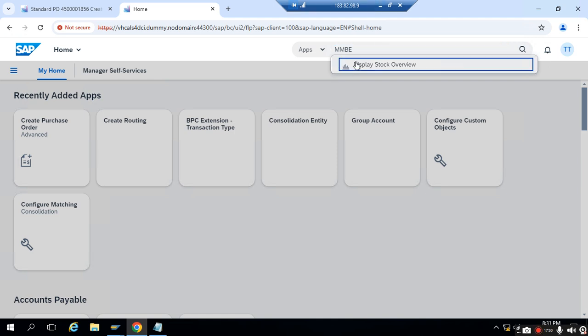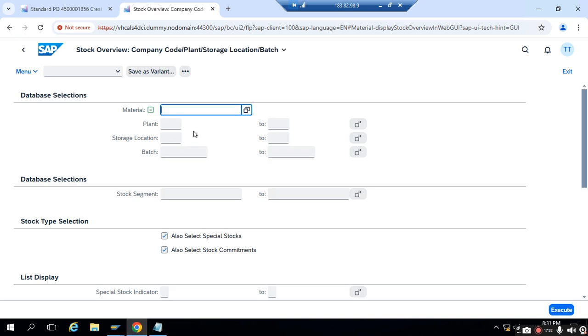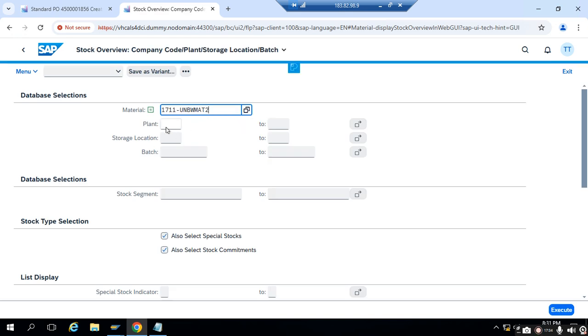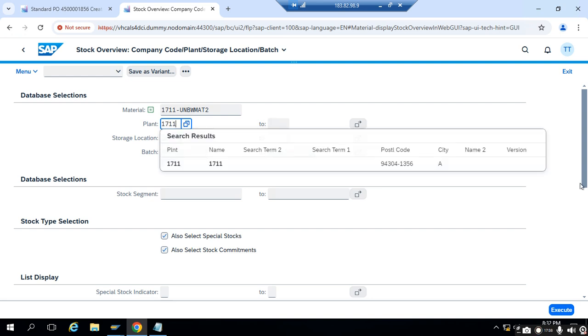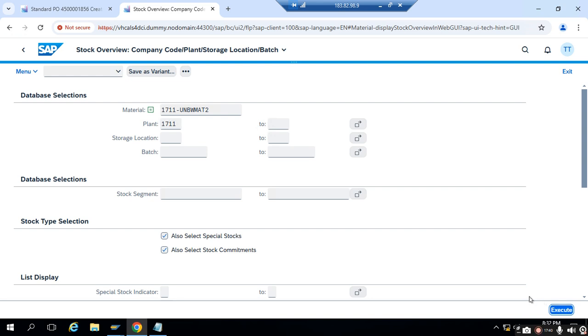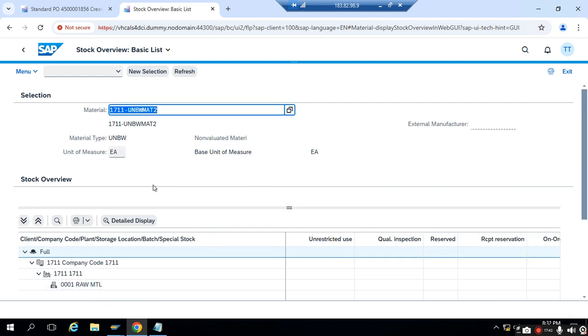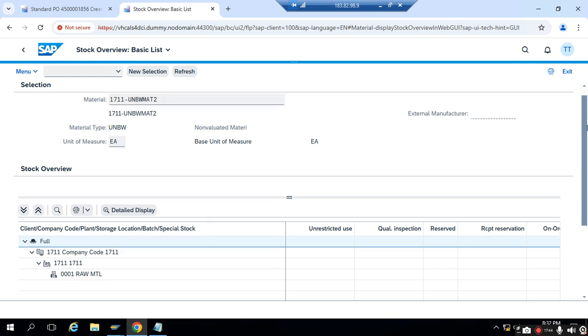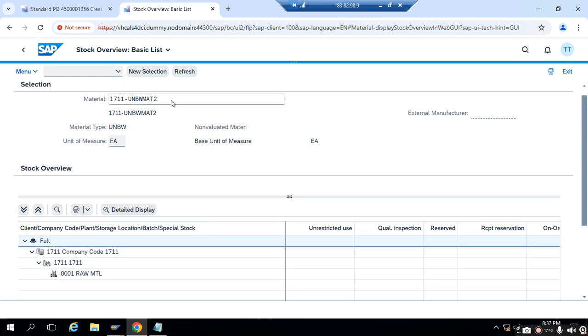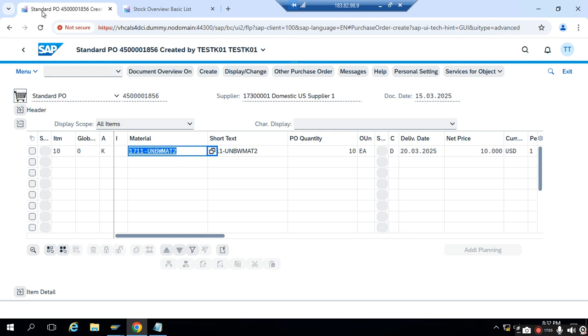Yeah, display stock overview. Okay, enter that material code. Our plant code is 1711. Click on execute. So for this material, we don't have any stock available under plant 1711 and storage location 0001. So now we'll try to perform goods receipt for this